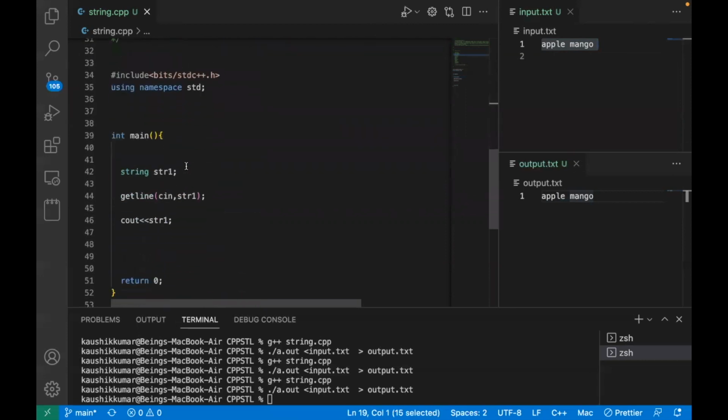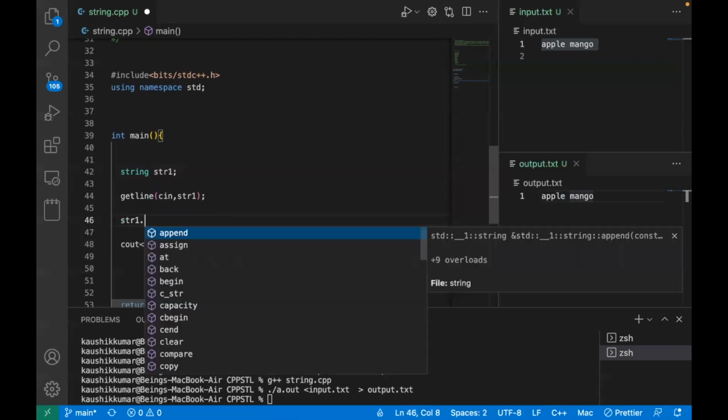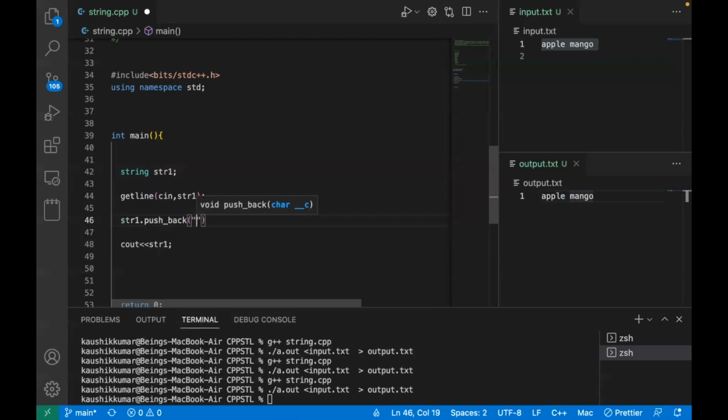Now though we have read this line, which is apple mango, let's say I want to push a character. A string is a collection of characters. In the string you can push characters. Here what I can write is str1 dot push_back one character. So let's say I'll push a space. Okay, and then I'll push one character, let's say A,